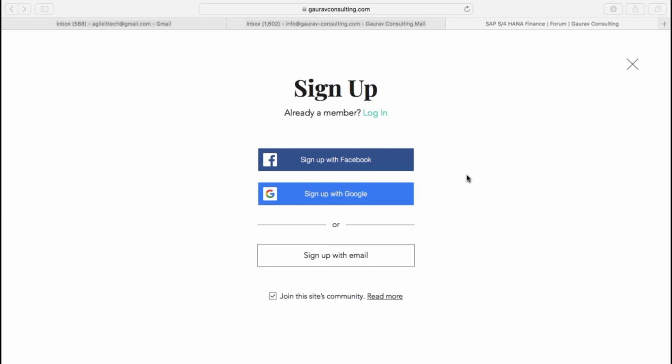See, 1909 is the latest version, so on 1909 there are not many projects which have started as of now. But apart from this, we worked on 1709. I worked on 1809, 1709, even 1610. On 1610, we have done the conversion. Conversion means the customer was already using SAP ECC and we performed the complete system conversion for them. And on 1709 and 1809, we worked on completely new implementation projects, like there was no SAP at all. They were using some other third-party ERPs, and we implemented SAP S/4HANA from scratch for them.